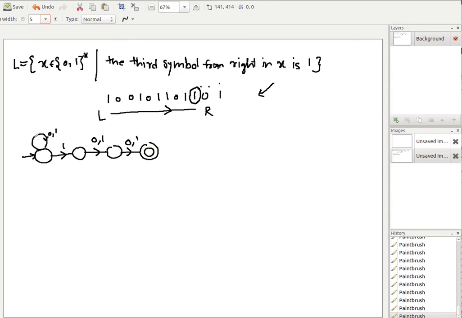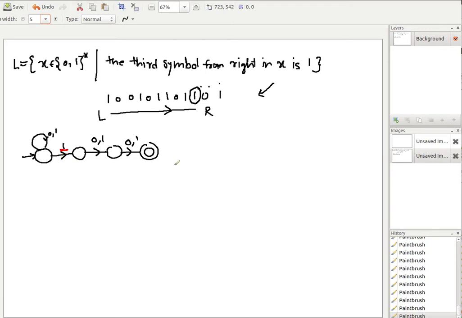So that's all. In the beginning you can have anything in the NFA, but after the beginning you will definitely have this 1, right? This 1 is what is making sure, always see, this is declaring the ending of the NFA. Any branch reaching the final state, an accepting branch, the third from the right will always be 1. In the beginning you can have anything.